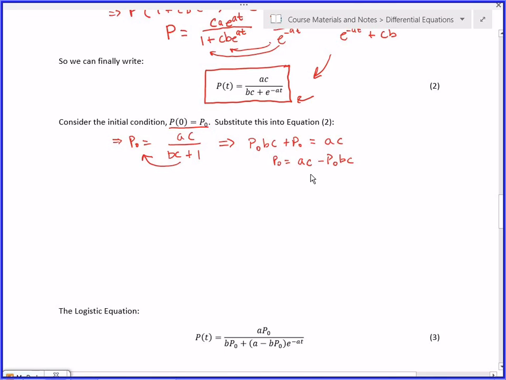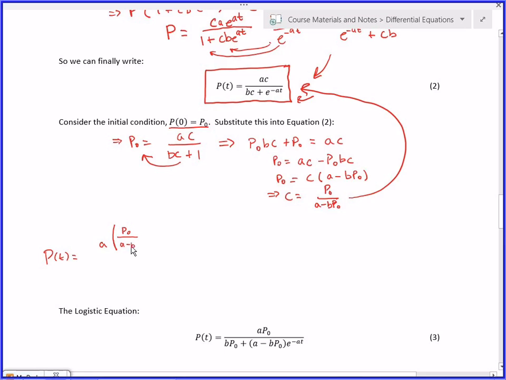Other way around. No. C equals P naught over A minus B P naught. Yeah, I had it upside down. You had it right on your paper, I'm certain. But I had it wrong. That's correct. Nice and simple little C. So we plug it back into here. P of T equals little a times P naught divided by A minus B P naught,